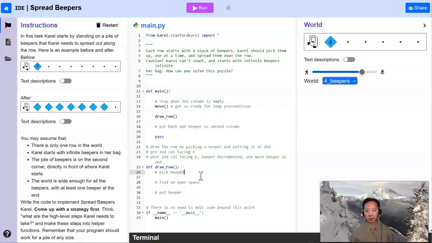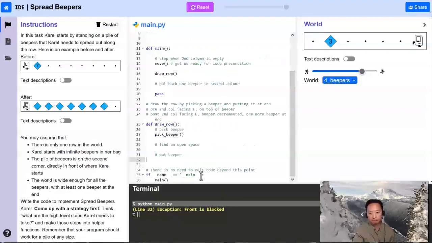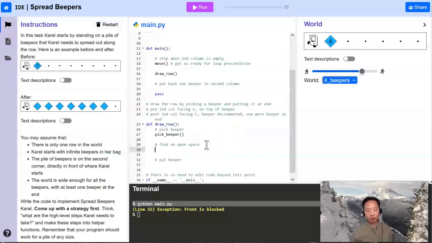So we're going to move, and we're now in the second column. So now we can just actually act. So we're going to pick beeper. So if, let me reset this here. So if Karel is on the beeper, which we pick up, and it becomes 3, then to find an open space, we are going to,